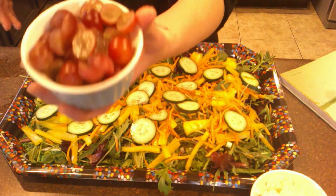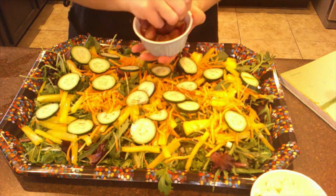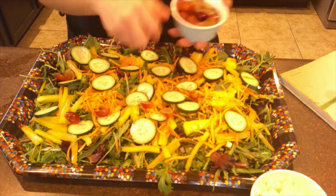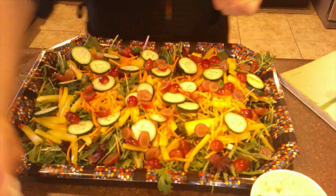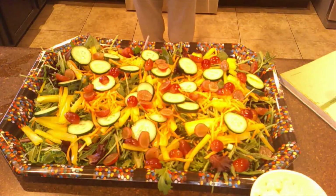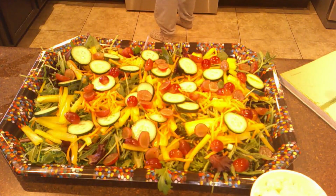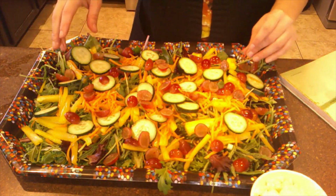Then we're going to take some red seedless grapes. I already diced them up. You cut them in half. Just toss that around here. So I'm going to put these in the oven to toast for a few minutes. Put them in there for 4 minutes or so. And then we're going to add